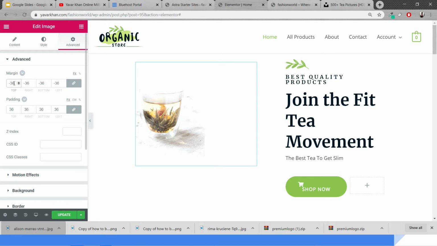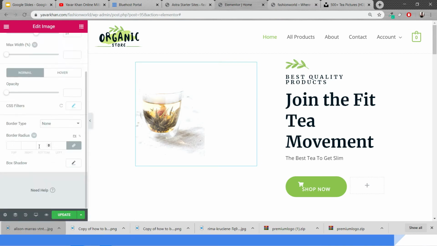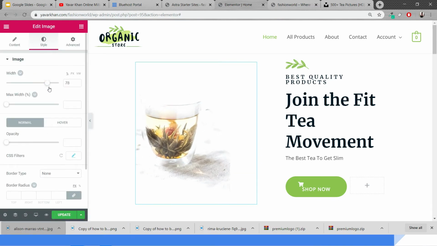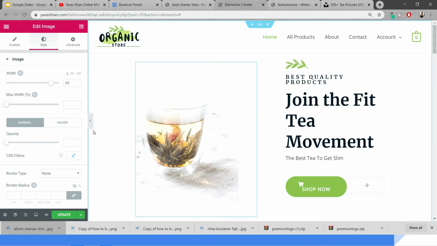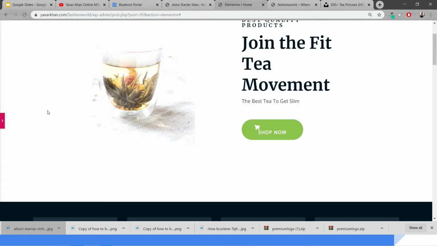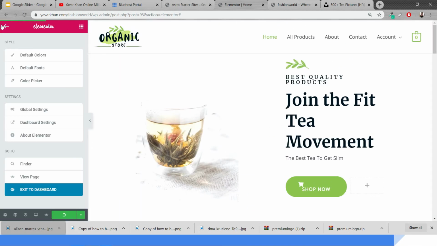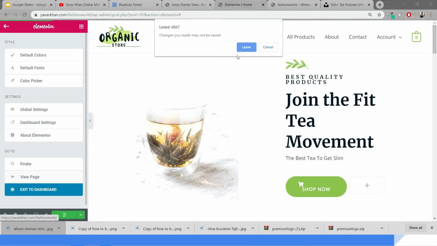We can just make everything 0, even the padding 0, and then just click on the image style. We can make the image a little bit bigger. Okay, so this looks really good. So join the fit tea movement. Okay, so this is done. So now you can just update it, it's just saving right now. And if you could just view the page,